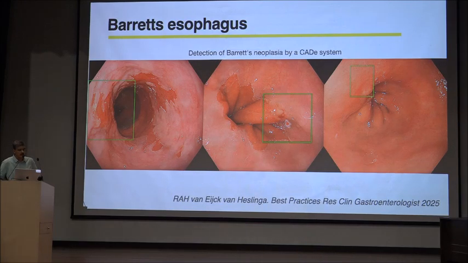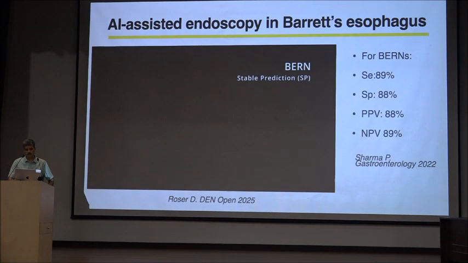This is better seen, a neoplasia here. It is a small 2C lesion and another neoplasia here. But this only highlights how easy it is to miss a neoplasia in the esophagus. Now, Prateek Sharma recently published in Gastroenterology a pooled data from 9 studies, and these are the sensitivity, specificity for